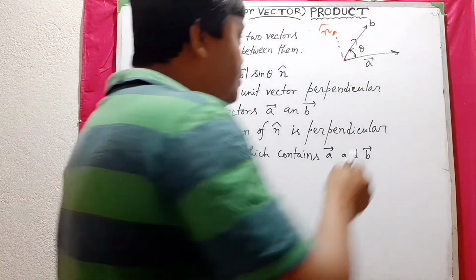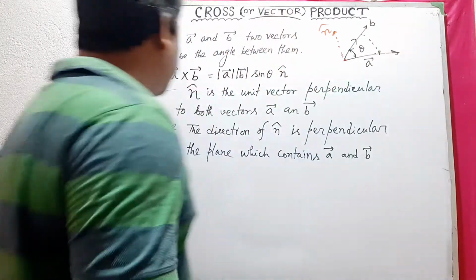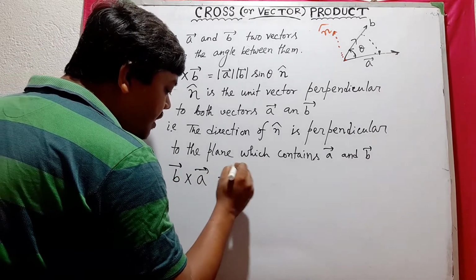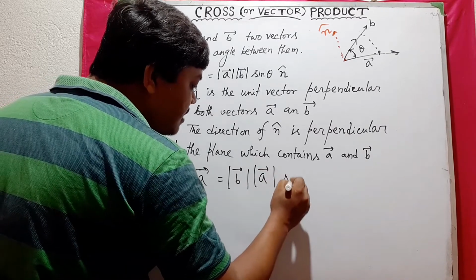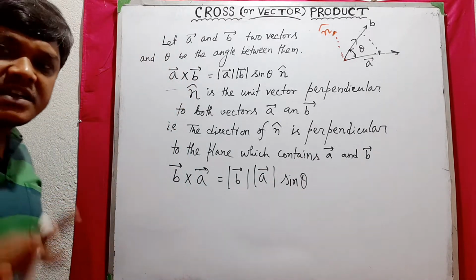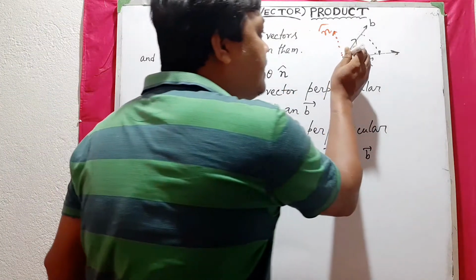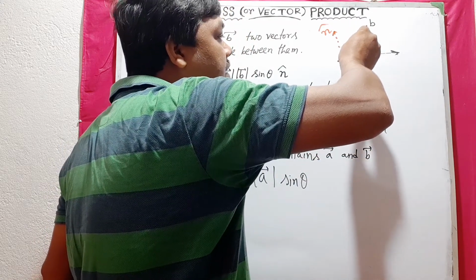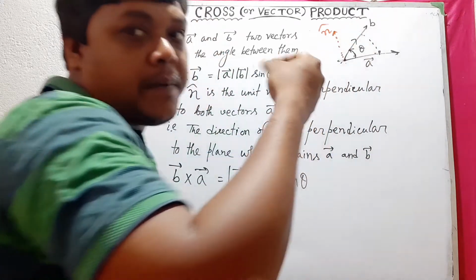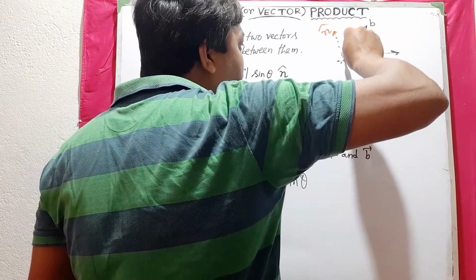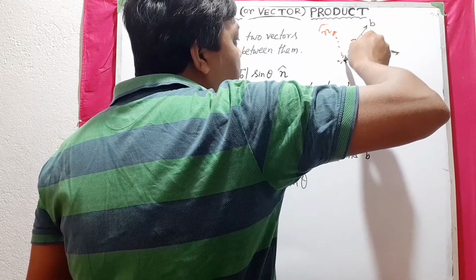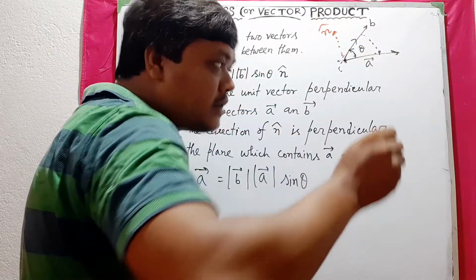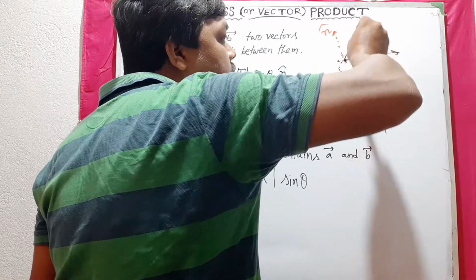যদি রোটেশনটা উল্টো করা হতো বি ক্রস এ, সো দ্য বাই ডেফিনেশন মড বি মড এ সাইন থিটা, এবং হোয়াট ইজ দ্য ডিরেকশন অফ এন ক্যাপ, অফকোর্স এই সমতলের পারপেন্ডিকুলার দিকে যদি বাইরের দিকে থাকে, যদি স্ক্রুটাকে আমরা এরকম ভাবে ঘোরাই তাহলে দেখবে রাইট হ্যান্ড সিস্টেম স্ক্রুটা বাইরের দিকে বেরিয়ে আসে।